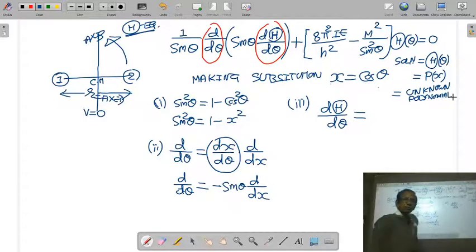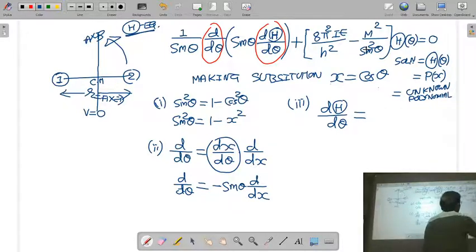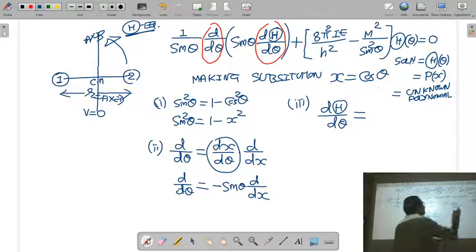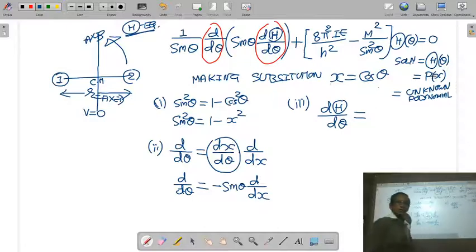What is a polynomial? A polynomial is a series having a finite number of terms, and the solution of the theta equation you will get in the form of polynomial P(x). Presently we do not know the solution of the theta equation. We only know that it is in the form of polynomial P(x). You will study in mathematical physics that there are 4 important polynomials: Legendre polynomial, Bessel polynomial, Lagrange polynomial, Hermite polynomial. We will find out whether our solution of the theta equation is a Legendre polynomial or Bessel polynomial or Hermite polynomial. Let us check.